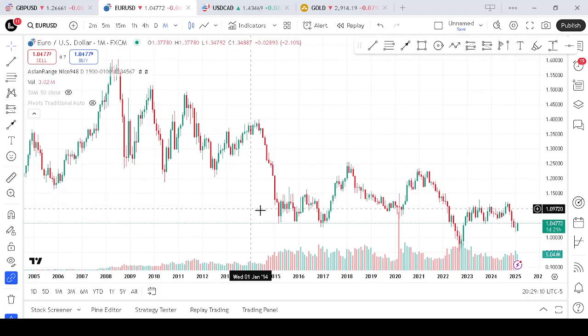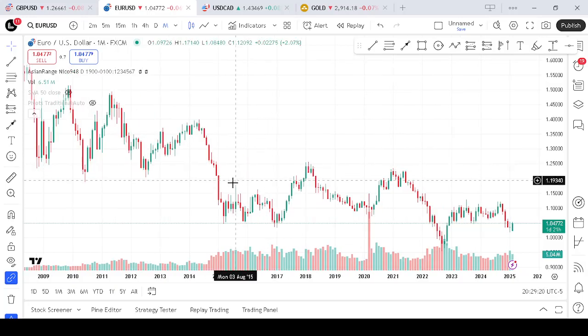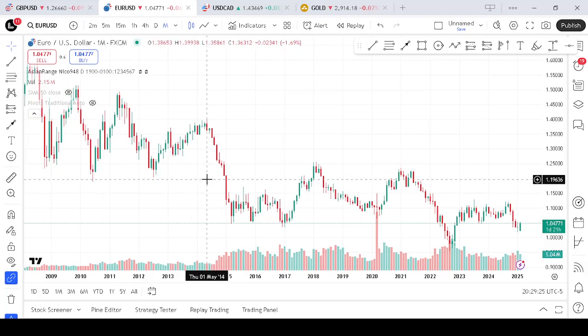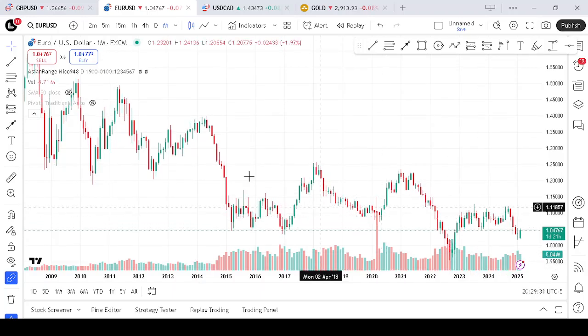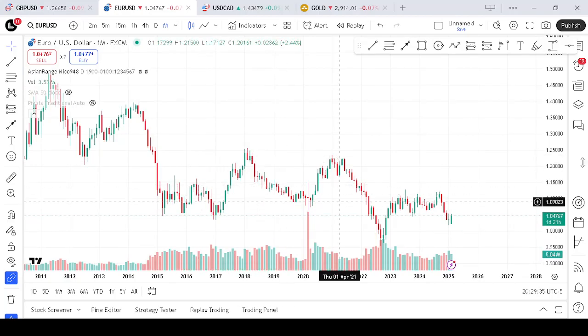Now we start by understanding what the monthly pivot points are. The monthly pivot points are important indicators in the forex market that help you identify potential support and resistance levels. These levels can guide your trading decisions by showing you where price might change direction. To calculate the monthly pivot point, you can use the following formula. The pivot point is calculated by